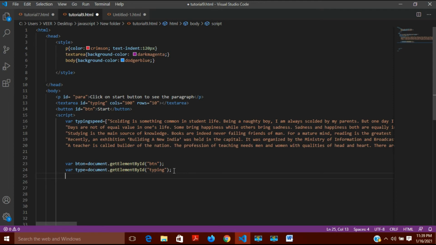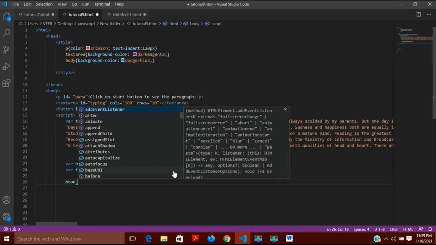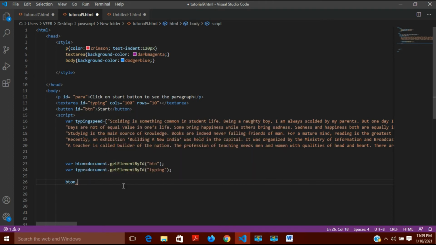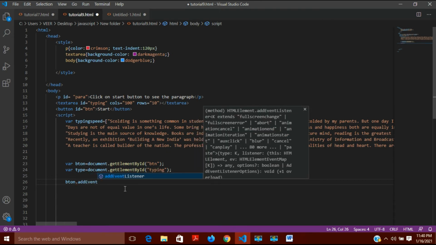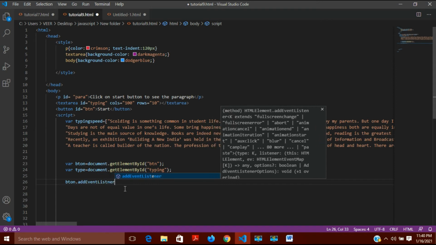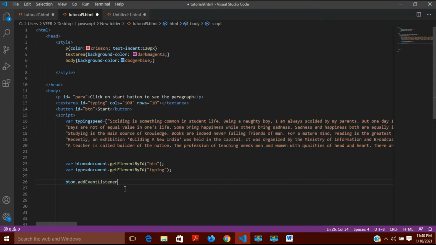So I will use this one and I will write button dot add event listener.